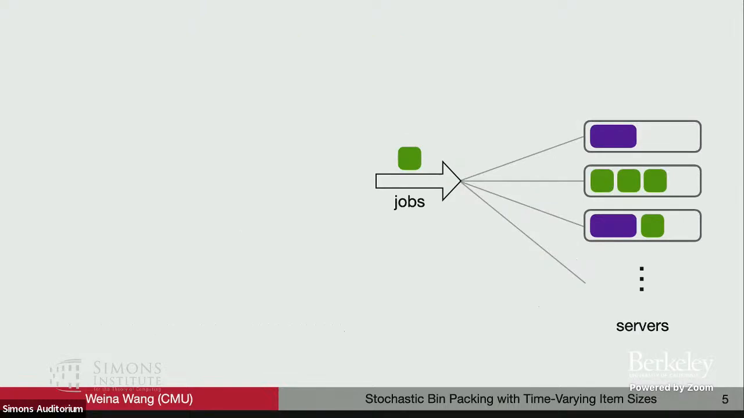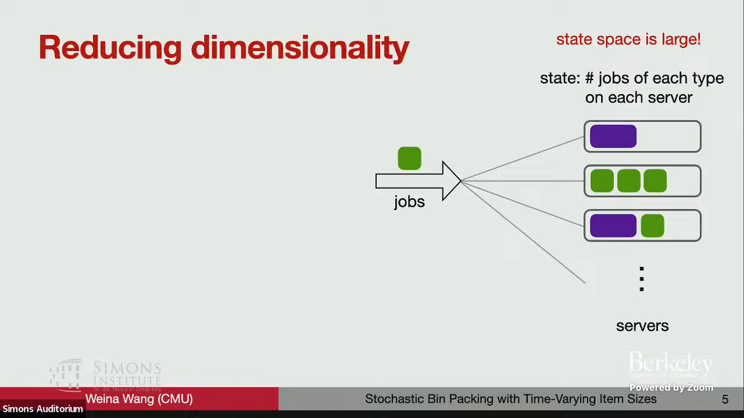Let's think about the problem a little bit. This is the system we are looking at. If we look at it directly, the state will consist of the number of jobs of each type on every server. So we are going to have a lot of state; the state space is really large. This makes it hard to optimize over, and potentially also harder to implement if we want an optimal policy directly over the whole state space. So we have to have some way to reduce the dimensionality here, and here's a common approach,